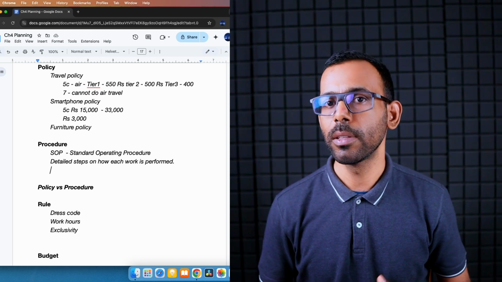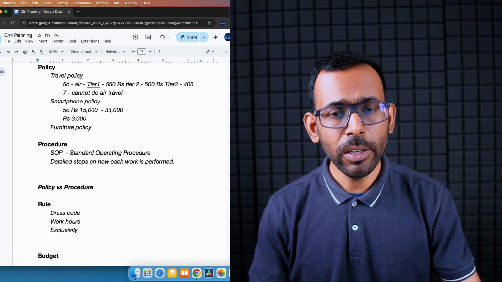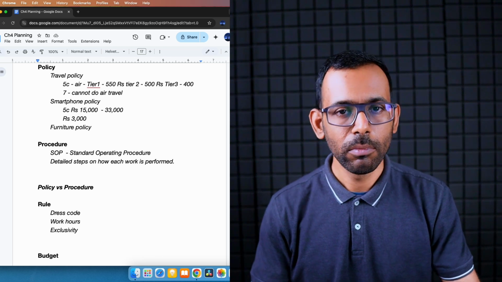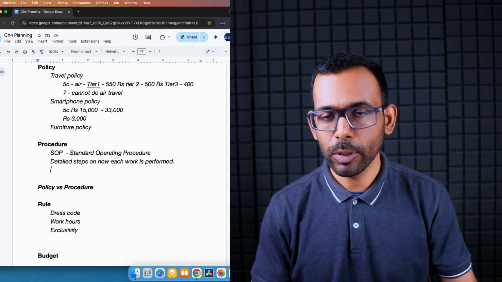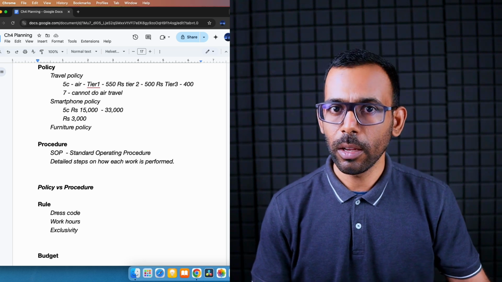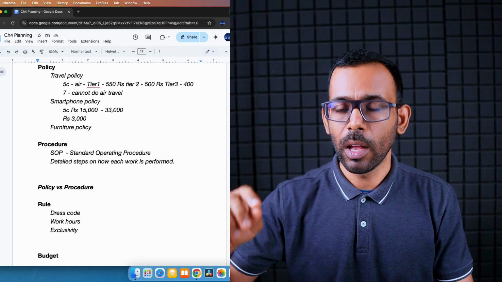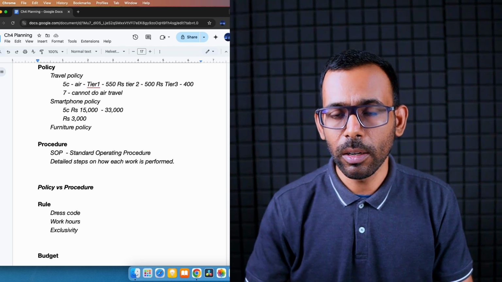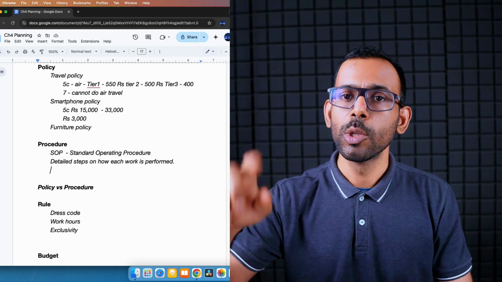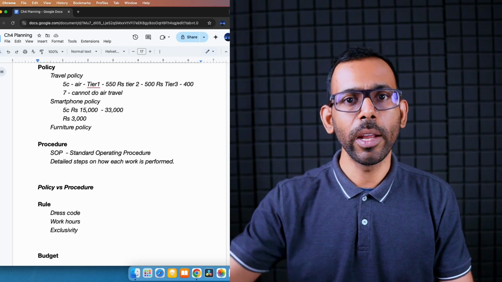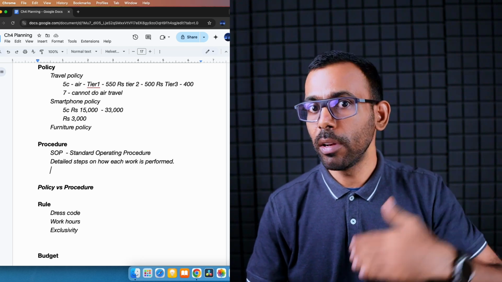The next step is, because I am going from Chennai to Mumbai, the travel ticket will be booked by the company only. It's a long trip, so the ticket will be booked by the company, either by train or by flight. Mostly for my cadre, I always get a flight allowance. The moment my boss accepts the request, an admin team will automatically get an alert that a person named Harish is going from Chennai to Mumbai on this date. So the admin team will automatically book a ticket for me and send the ticket copy to me. Then I will do the travel and I will come back.